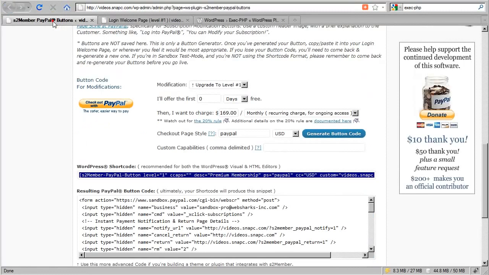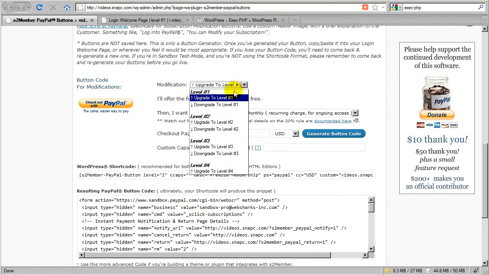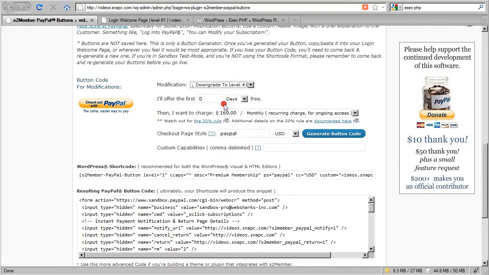Okay, so let's come back over here and let's just walk through another scenario. Let's say that we want to allow level 1 members to downgrade. Okay, now why would they want to downgrade? What would they be downgrading to? That's a great question. And the downgrade to level 1, the only way you can